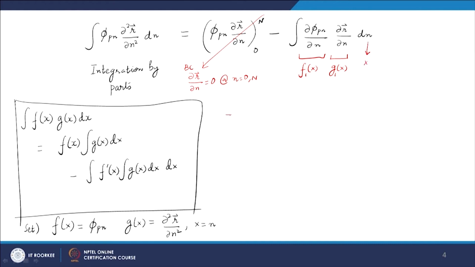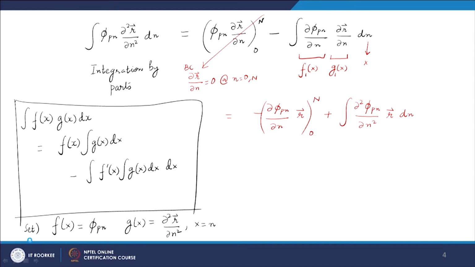When I do it again, I will get plus like that. Okay, so once we have derived the equation for one term there,